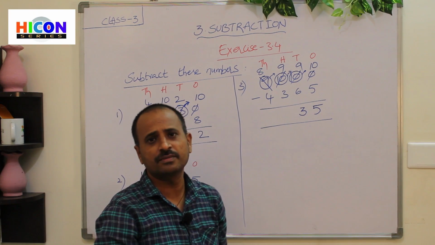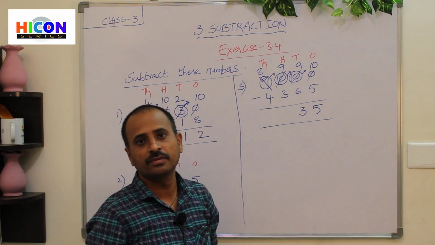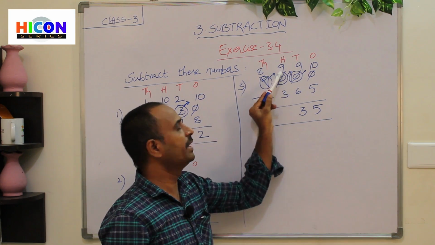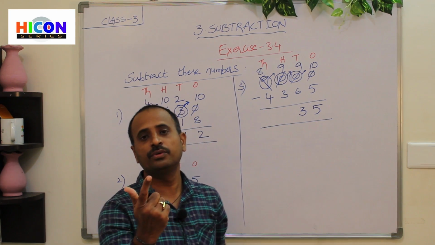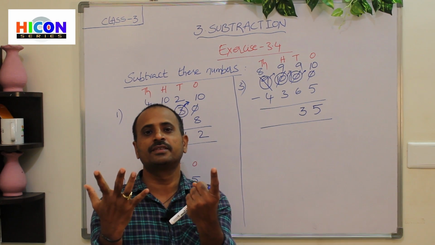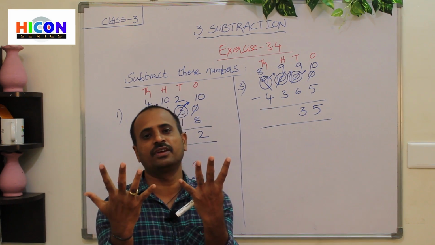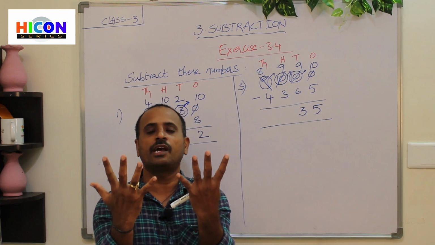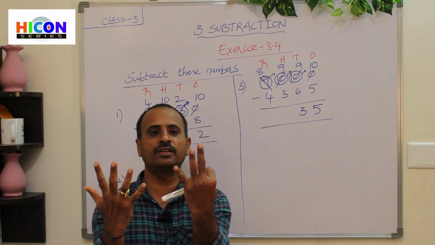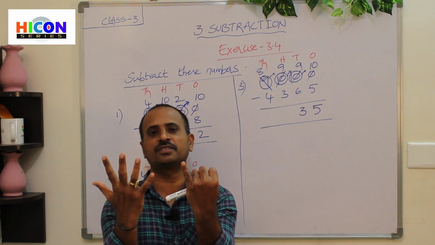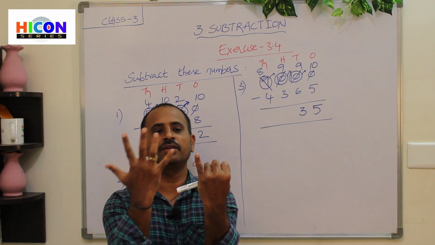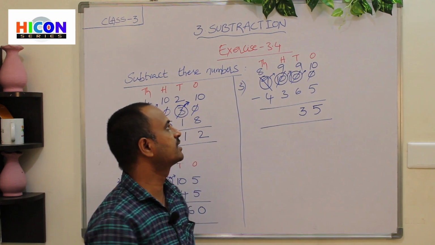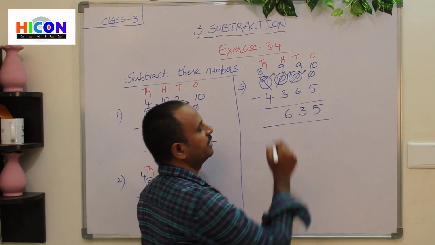So now go to hundreds place. How many numbers are there? There are 2 numbers. The first number is 9 and the second number is 3. So open 9 fingers of your hand again. 1, 2, 3, 4, 5, 6, 7, 8, 9. These are the 9 fingers. And what is the second number in hundreds place? 3 is the second number. So close 3 fingers among these 9 fingers. 1, 2, 3. How many fingers are remaining? Remaining there are 1, 2, 3, 4, 5, 6. So there are 6 fingers remaining. So write 6 under hundreds place.